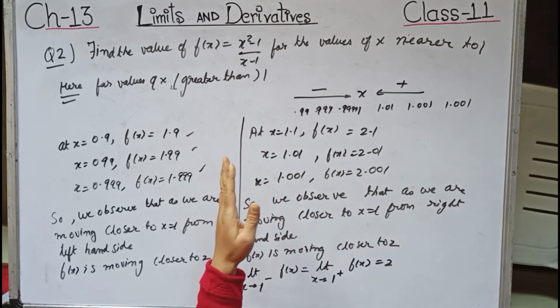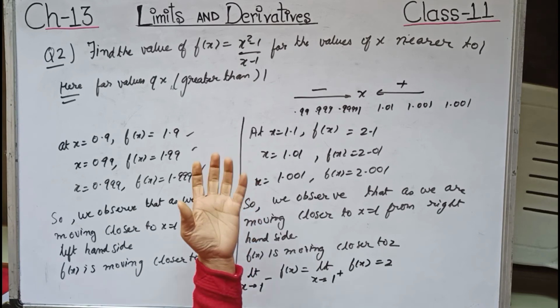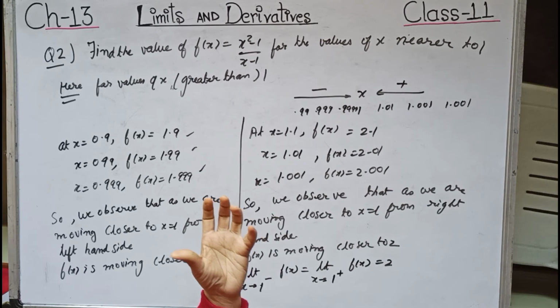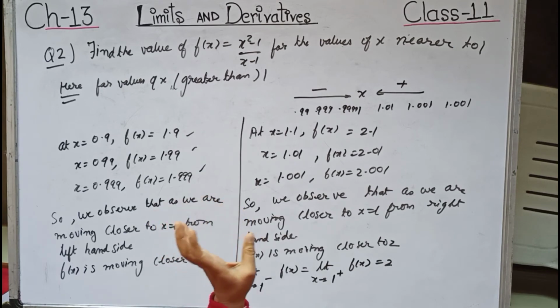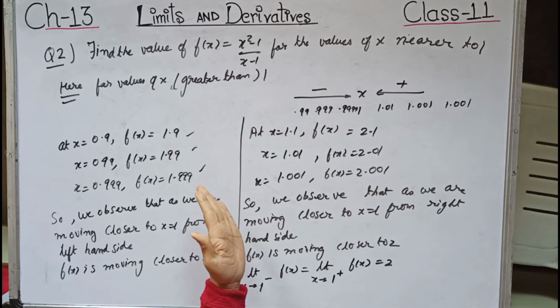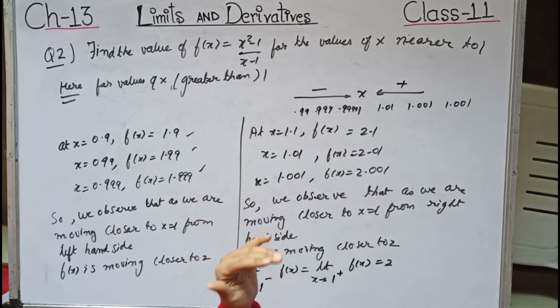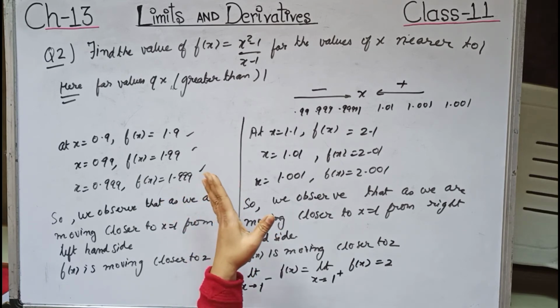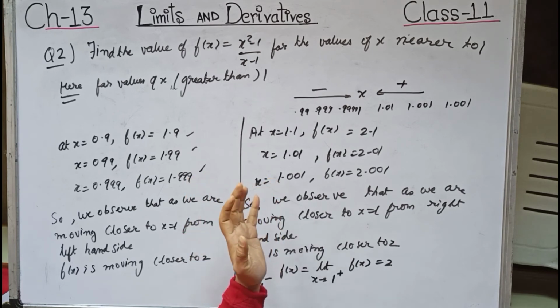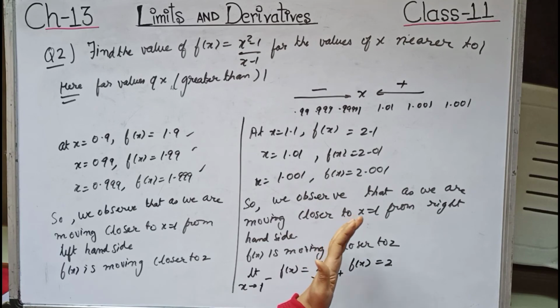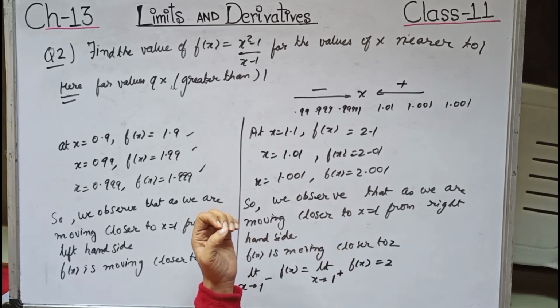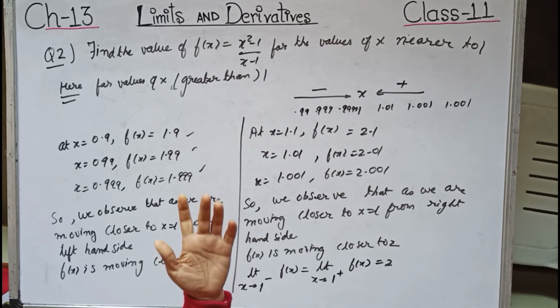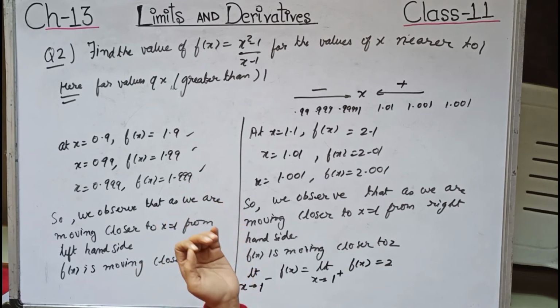But in the function, if we put x is equal to 1 over here, the function will not be defined. That is, we will be getting a value which is indeterminate form or undefined form. So let us first understand what is indeterminate form or undefined form. Now, whenever an undefined form or indeterminate form of function comes in limits, we first change that undefined form or indeterminate form to a defined form by various methods which we will be knowing further. The various methods include factorization, rationalization, removing the common term, and so on.